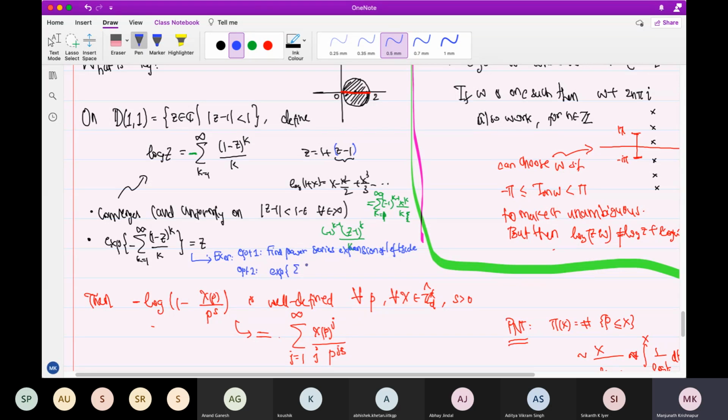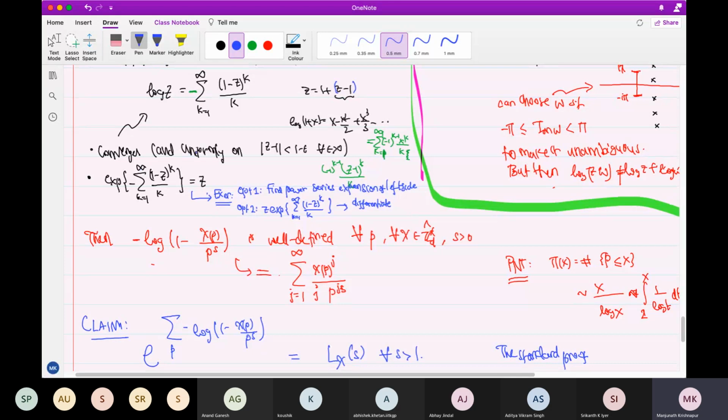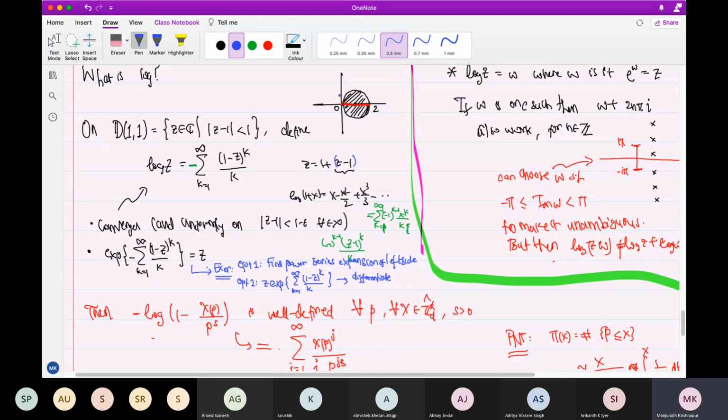Option 2, you consider this quantity times z. In other words, I bring this to this, I have to show it is equal to 1: differentiate, show that it is constant, and deduce the constant is 1. So those are two ways in which you can do it. I will not do it. So then log defines the logarithm on this disk, and that is sufficient for us